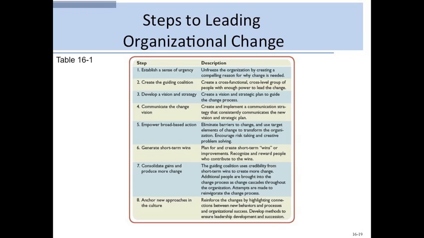This is really important because change processes, especially very expansive and complex change processes, normally take a while. And so you will not necessarily see the end results of change immediately. So you have to actually celebrate and reward the short-term wins, the stages that are accompanying that long-term change. Consolidating gains, producing more change, and making sure that you refreeze, you anchor new approaches, and that it becomes a part of the core culture of the organization.